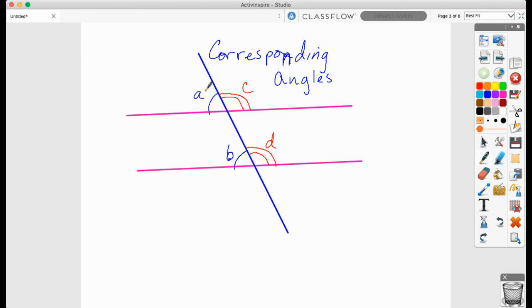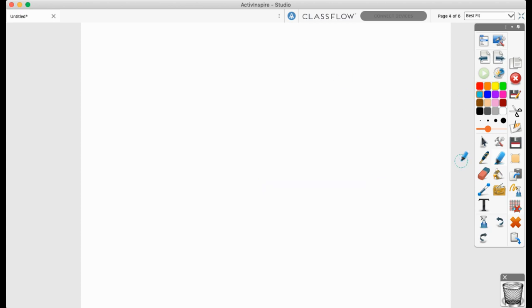Okay, so corresponding angles. So again, these are corresponding angles right here. A and B are corresponding angles, and then similarly, C and D are corresponding angles. Okay. All right, now again, we're back to the